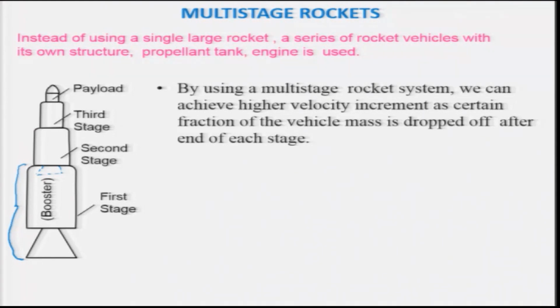By using a multi-stage rocket system, we can achieve higher velocity increment as a certain fraction of the vehicle mass, as I told just now, is dropped off after the end of each stage. For example, in this case, after the first stage, this portion of the structure is dropped off. And the question arises, why will it attain a higher velocity? Because the propellant in the second stage in this example is not wasted carrying the dead weight,